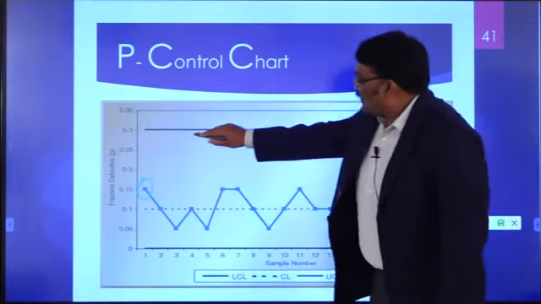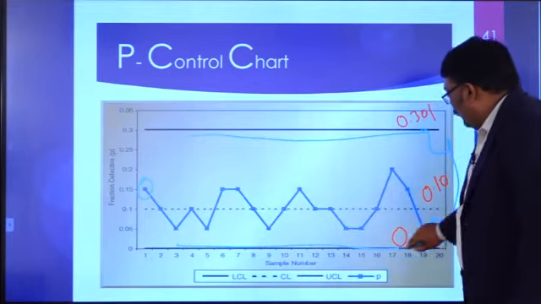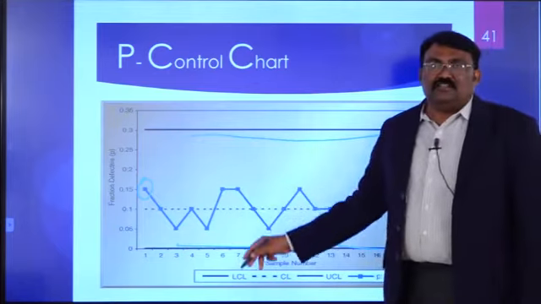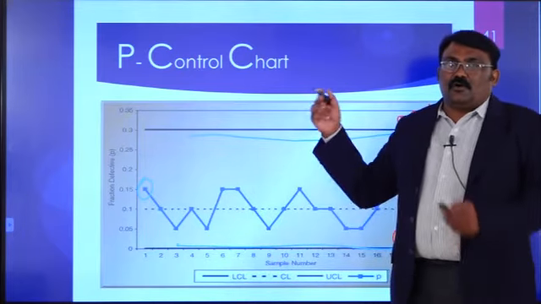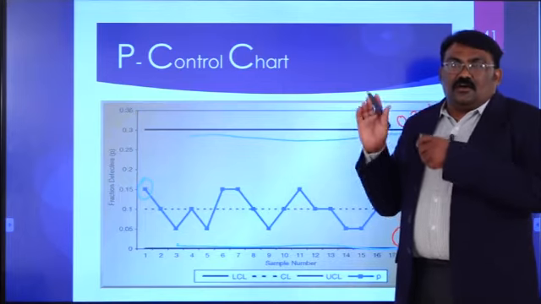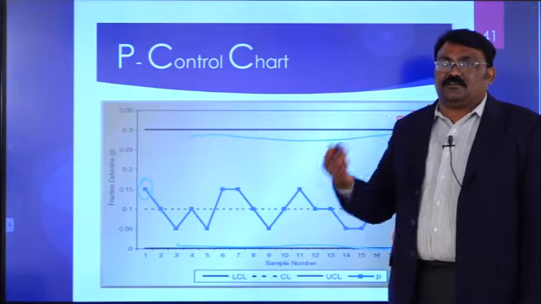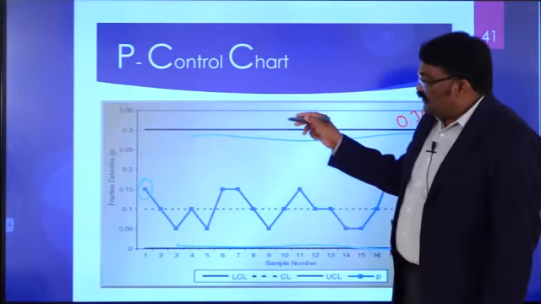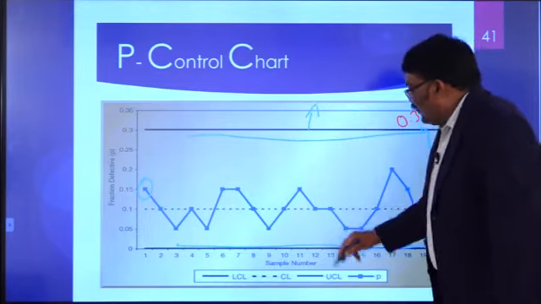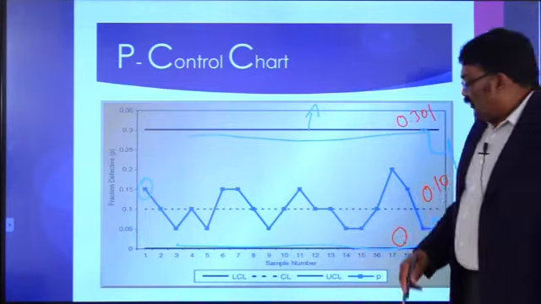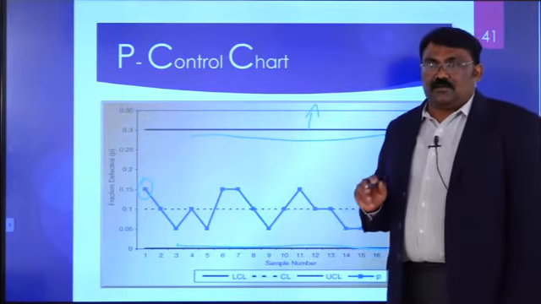All the samples are within the limits of the upper control limit and the lower control limit. So, all the samples are accepted for the purpose of the quality check. That means all can be accepted for processing for further production. If some of the samples are beyond the UCL, or below the LCL, we are supposed to reject those particular samples.